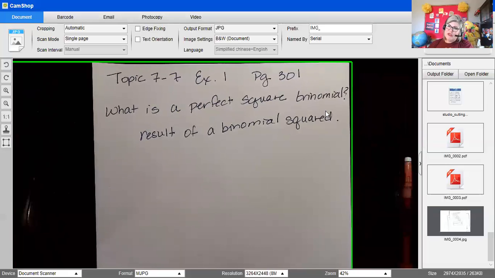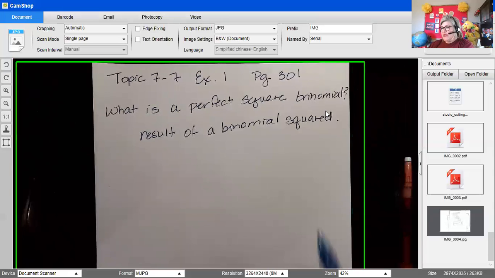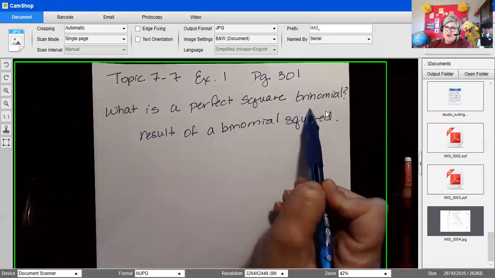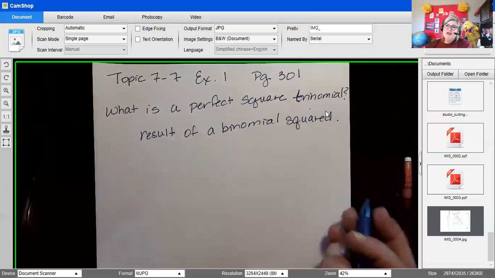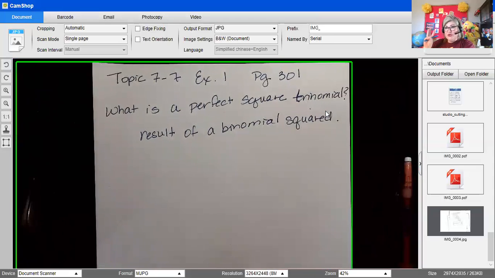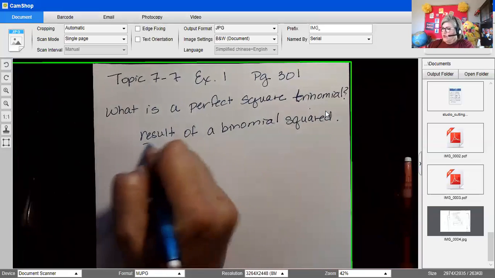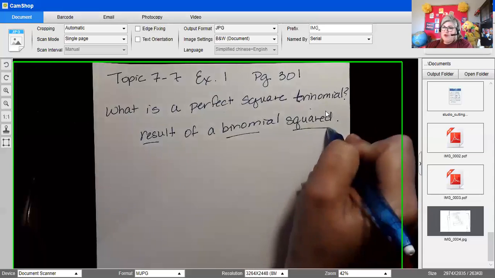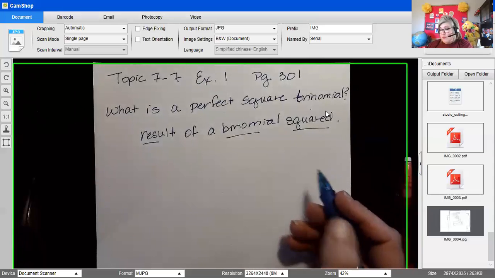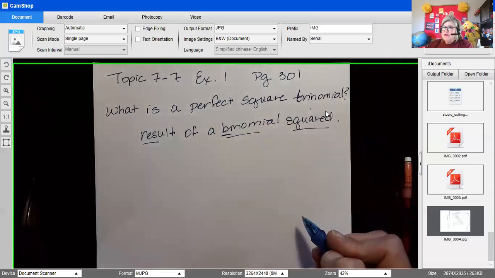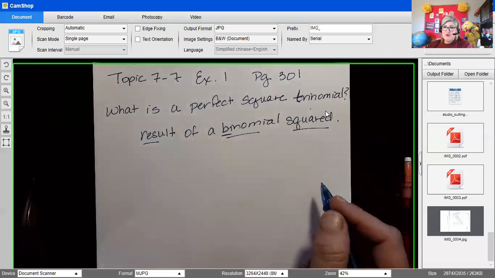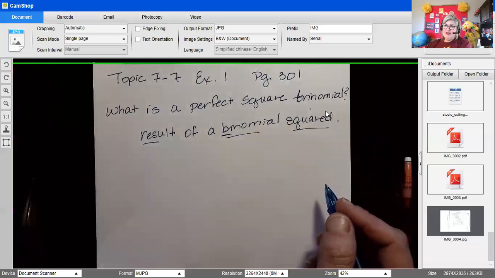So our first question deals with the vocabulary for this section, and it is, what is a perfect square binomial or trinomial? That's a T. So a trinomial we know has 3 terms, and a perfect square trinomial is simply the result of a binomial squared. Binomial, that bi stands for 2 terms. So let's look at these very special cases that topic 7.7 deals with,